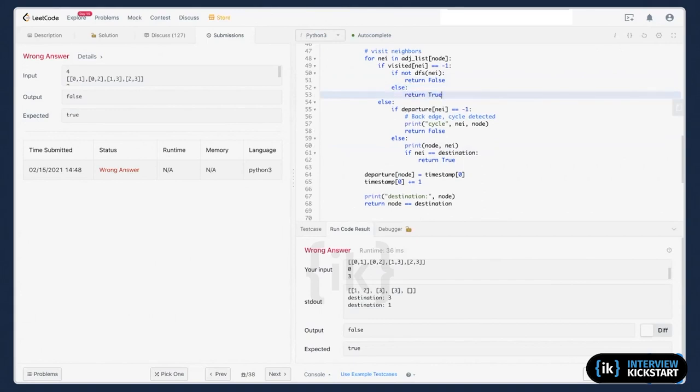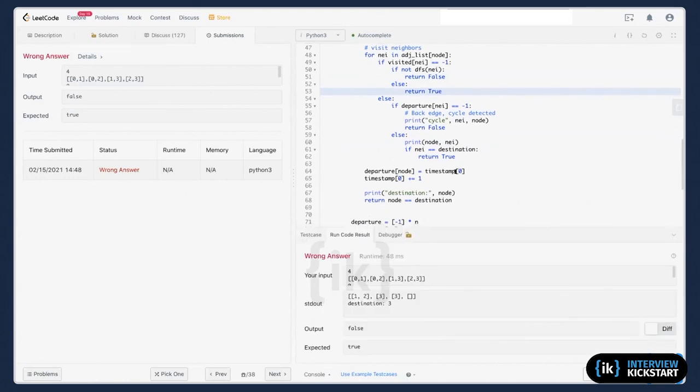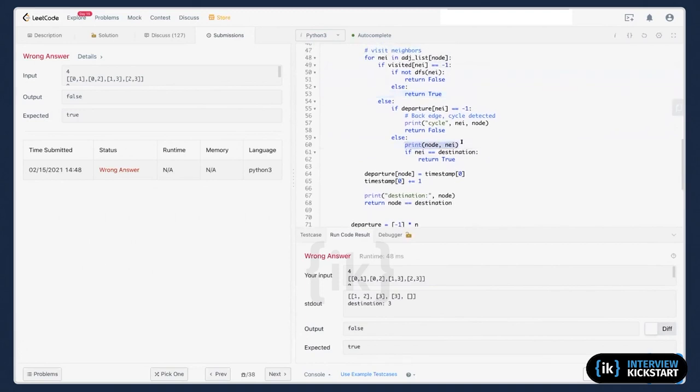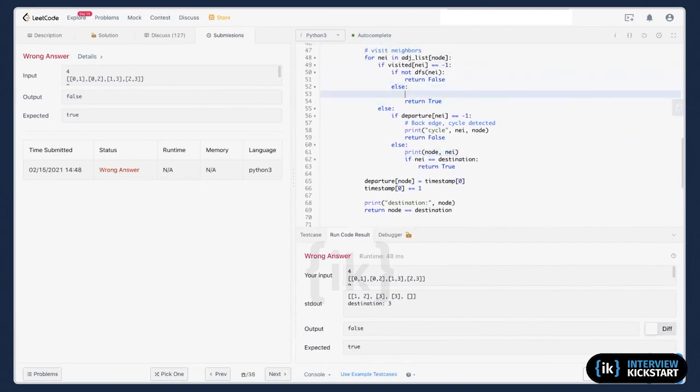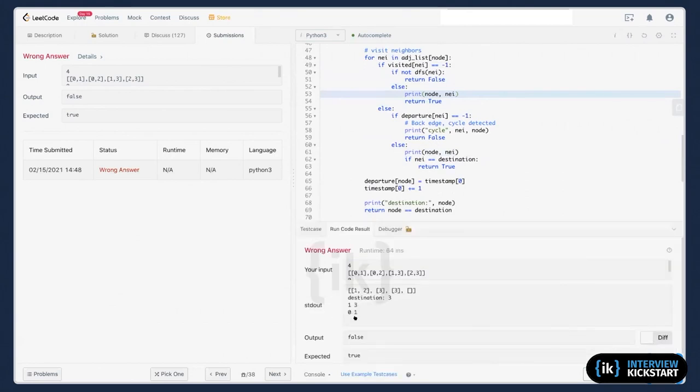This one should work, huh? How come? Yeah, this one should work, because I get node, neighbor is 1. Yeah, neighbor is 1 and neighbor is 3, node is 1.